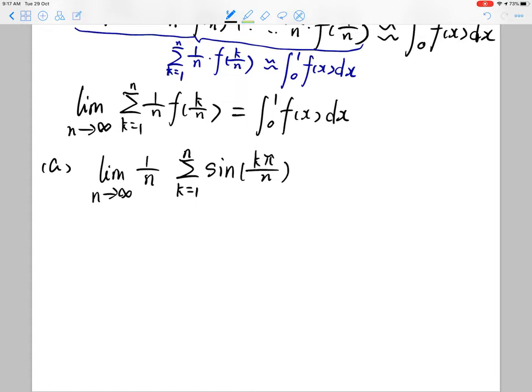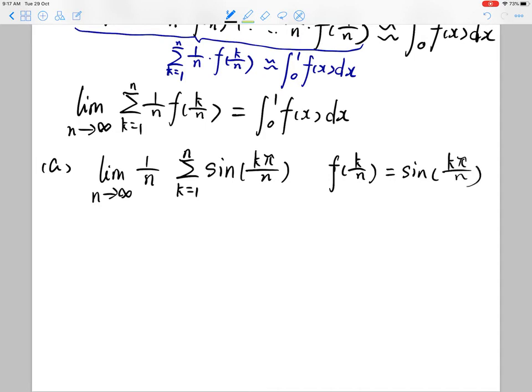You can see these are the same as this. The only problem is your f(k/n) is this sine(k pi over n). So you can write this down: if your f(k/n) is sine(k pi over n),